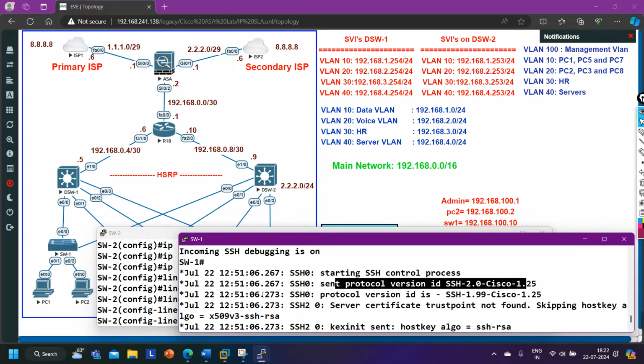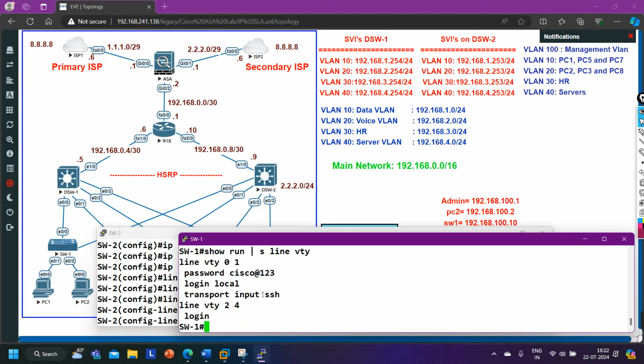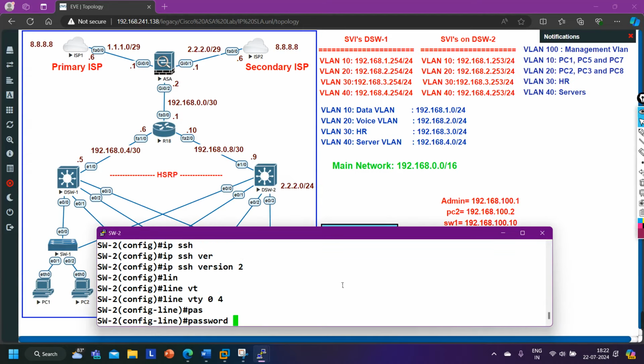Let me configure the same password on all switches. So show run section line vty. So here password is Cisco@123, so I'm going to configure the same password on this switch also, Cisco@123, and then say transport input ssh, login